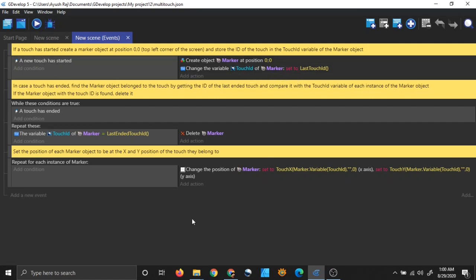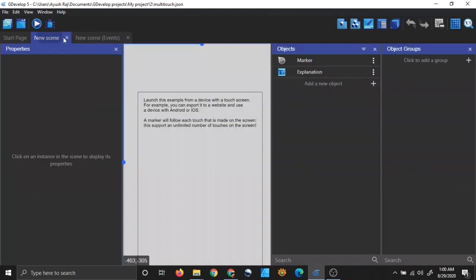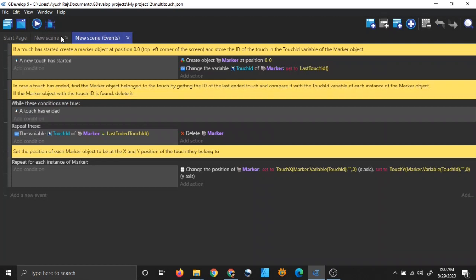I will explain the whole code slowly, but I am just telling you that this is where I borrowed the code from. So you can also have a look at this file. It's present in GDevelop. I do not know who wrote it, so the credit goes to that person, because I took the inspiration from here. I'm just telling you where you can get more knowledge about multi-touch.